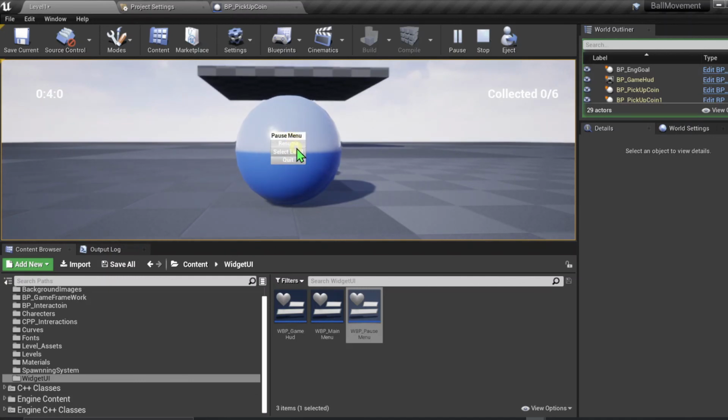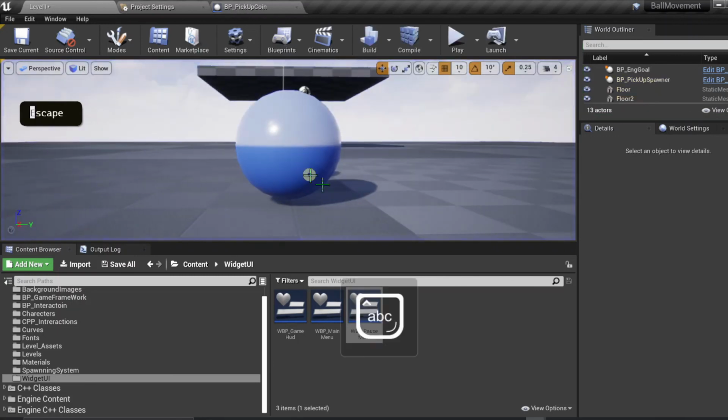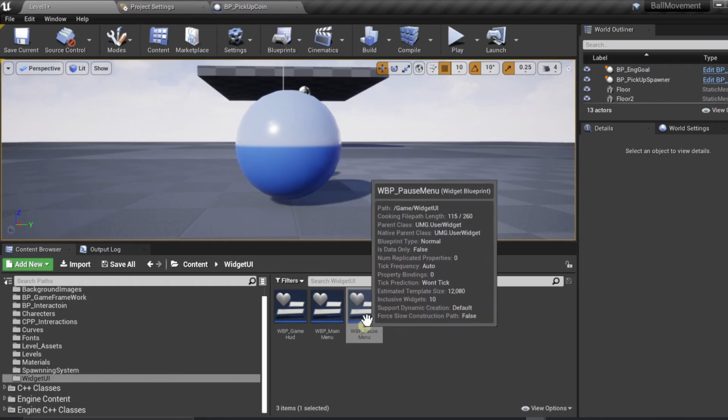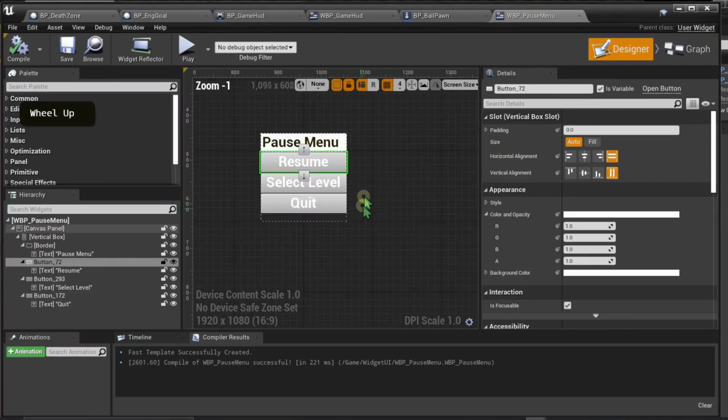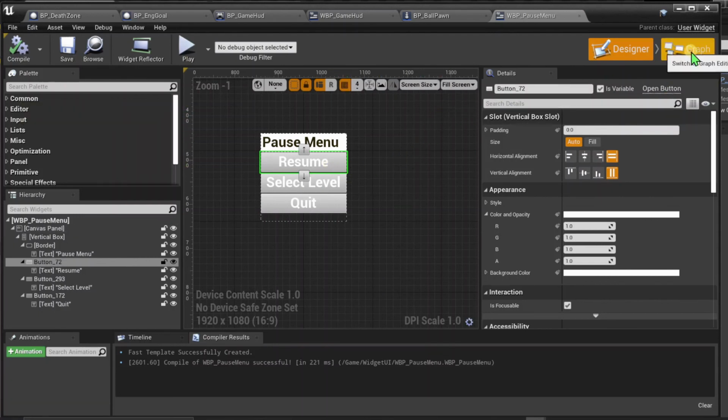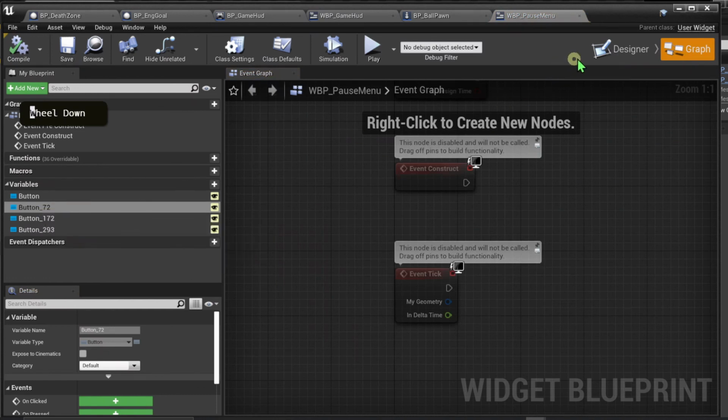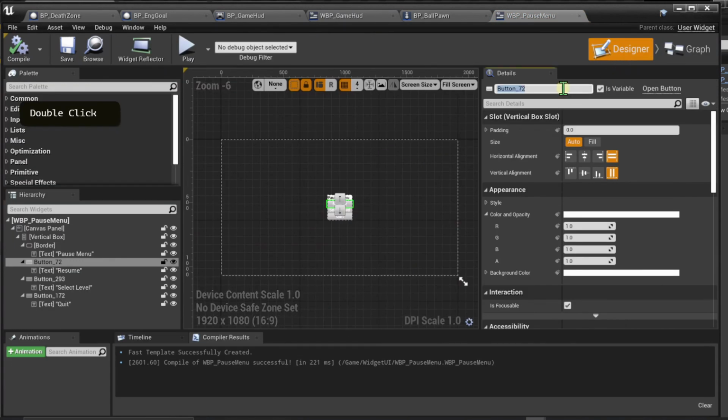So currently the buttons aren't really doing anything. So let's just really quick add our logic for that. So on the event that we have our pause menu in the designer tab, what we would want to do is when the player hits resume, that means we can assume that he's currently in the pause menu and he's trying to unpause the game, which means that in our graph section, I'm just going to put resume, going to rename these resume button